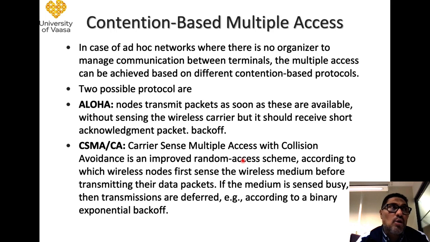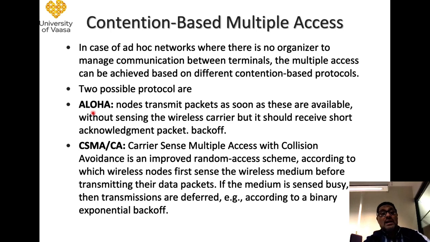So how do they know whether it has been received or not? Based on the acknowledgement. Once the receiver receives the message, of course the message has an address, so the receiver knows that this message is for it, and then it will reply with a positive acknowledgement, which means that it was received. If the transmitter didn't hear any acknowledgement, then it might send the same message again. So this is called the Aloha